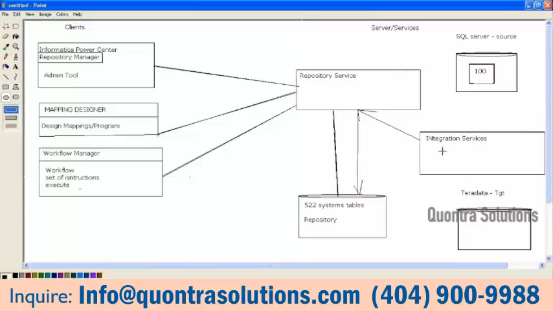Let's say now all the code will be there here. Maybe whatever mapping logic you have developed, right? The integration service, as per the program code, is going to connect to your source system, and it is going to extract the data. After extracting the data, it is going to load the data here.